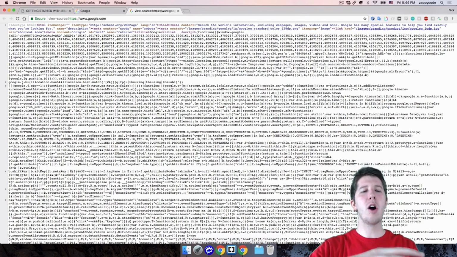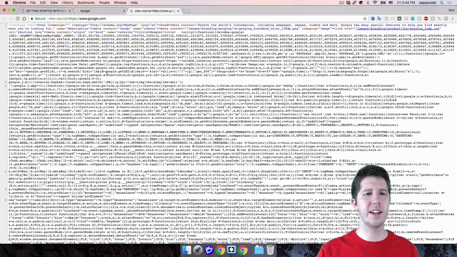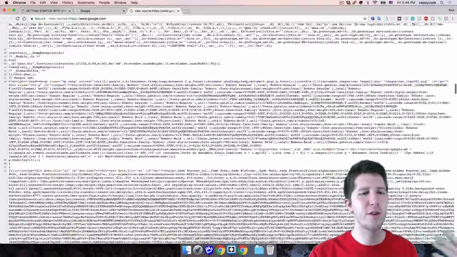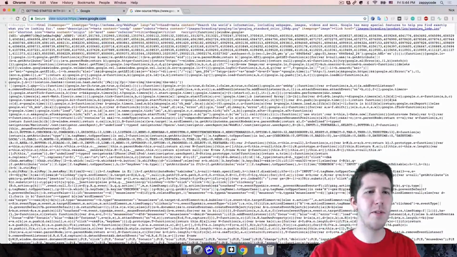Now, they took out all their spaces, which I think was a savings to make it so that their page would load a little bit faster. It makes it hard to read as humans, but it works out. But any website follows this pattern.